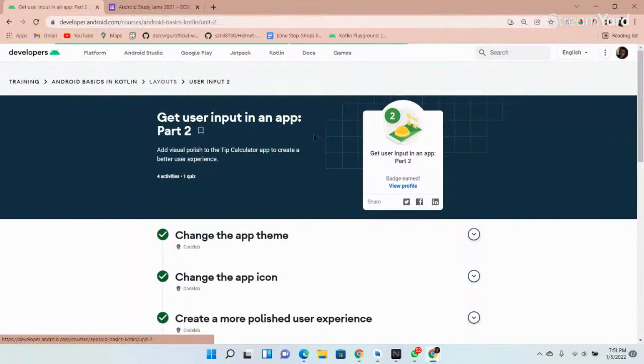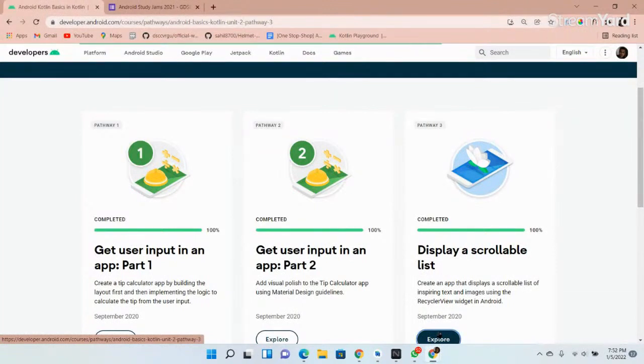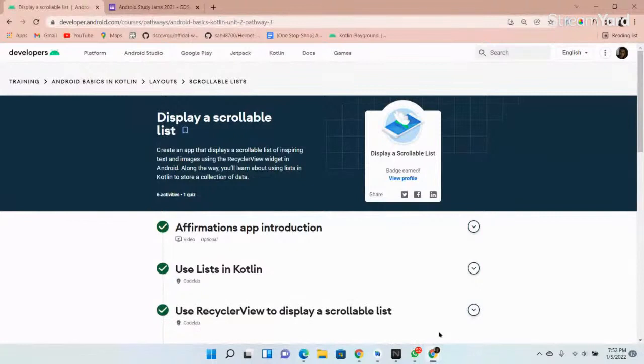And now going back to layouts. Now it is the display a scrollable list. This is really, really important. Everyone must pay exclusive attention to this part when they are going through this study material, because this is how you are going to create an app. Any app, the most basic part of an app is the scrollable list. As you can see right now, if you are in the live chat, you can scroll among the